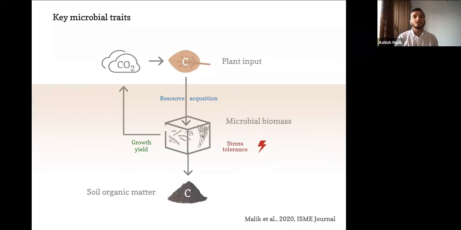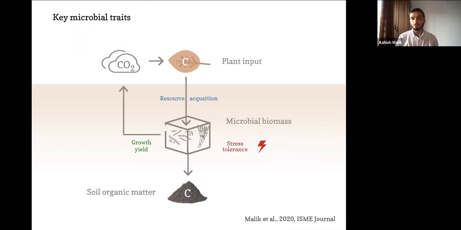For microbes, there are a different sort of traits that might be very important. Microbes rely on an external source of carbon and energy, so resource acquisition is a very important trait. Growth yield can be a trait which is very similar to the competitor trait, but the competitor trait doesn't map well on microorganisms because there can be fast-growing microbial species which are not necessarily high yield, in the sense that they're not very efficient. Their growth can be very leaky. And stress tolerance is one of the traits which can be mapped well from the CSR.